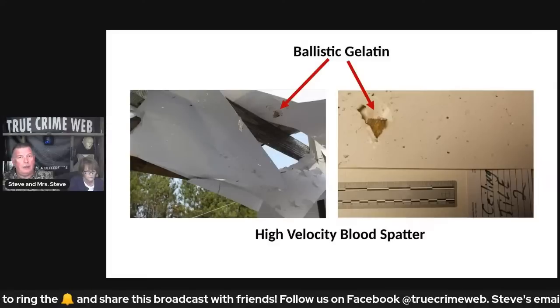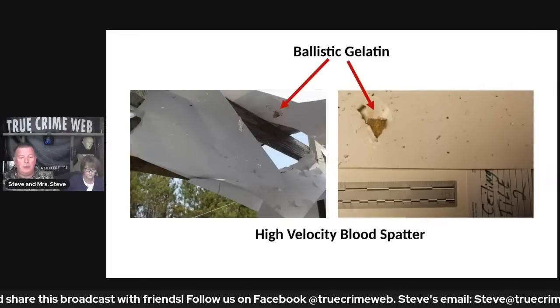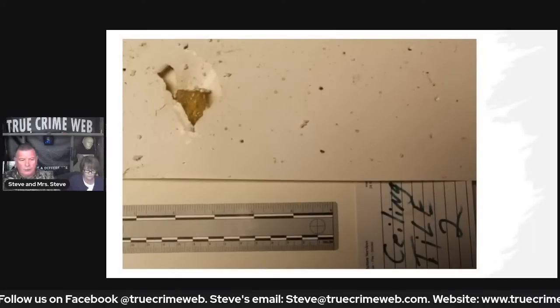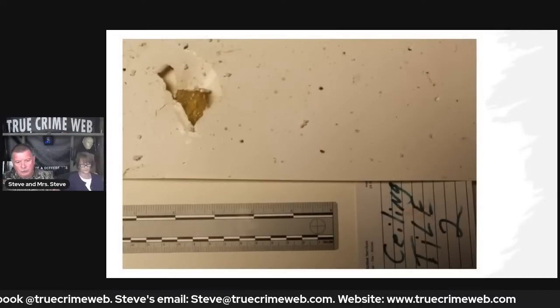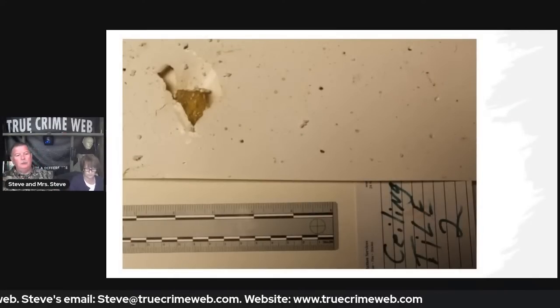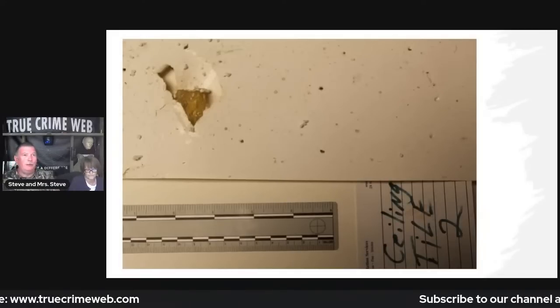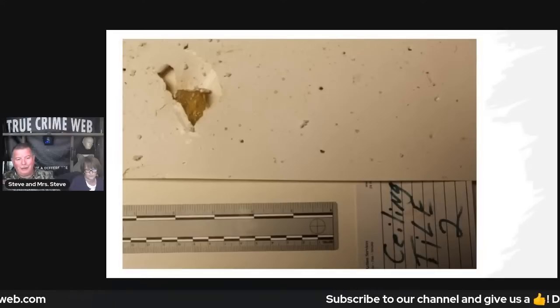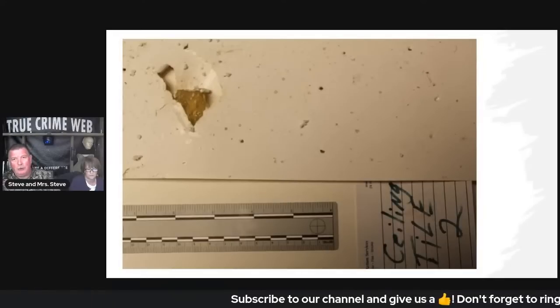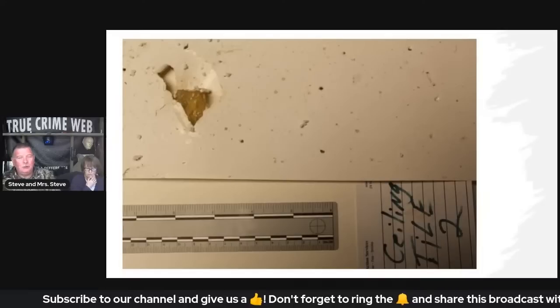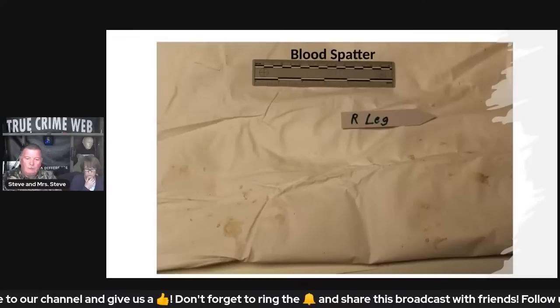And that's what I was saying. You have to be within a certain area to be able to get that high-velocity blood spatter. And that's just another close-up of it. You see these smaller droplets, and like I said, it's every size imaginable, down to the smallest. If you take a magnifying glass, or put it under a microscope, there's even smaller, and like I said, it goes to a fine mist.